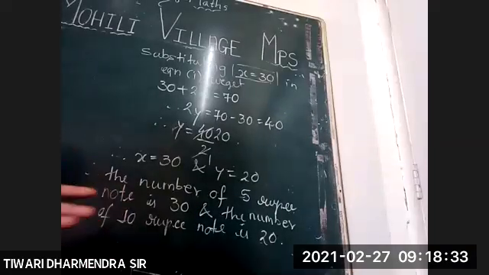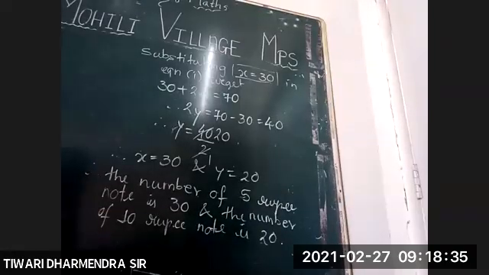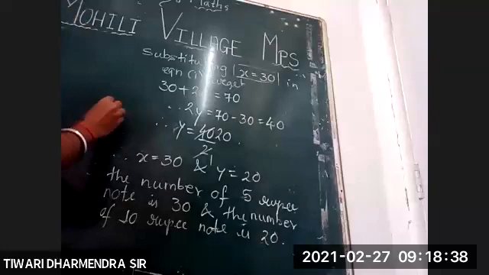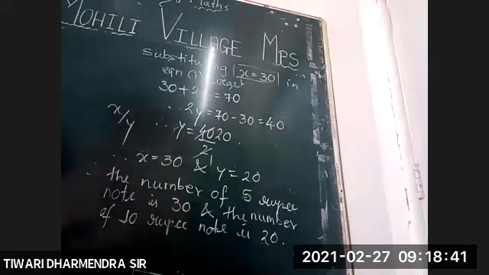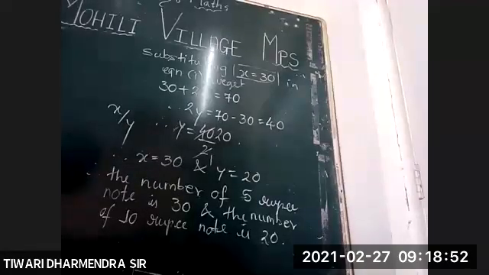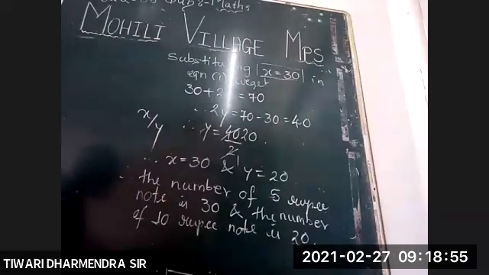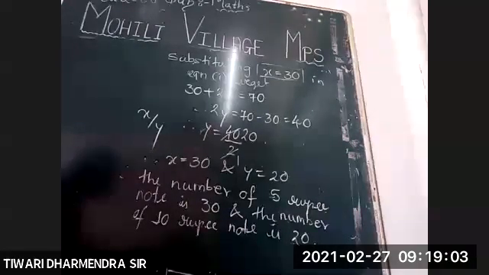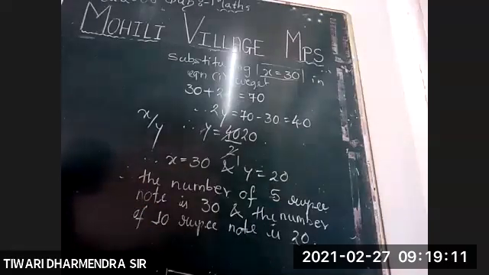Now, the next problem is based on numerator and denominator, which can be easily solved by you. You have to assume the required fraction to be x and y, and according to the given condition, you have to work on this. Similarly, the third problem you can see is very simple. That is the problem based on the sum of the ages of Priyanka and Deepika is 34 years. Priyanka is elder. We have done this type of problem. We have to assume Priyanka's age to be x and Deepika's age to be y, and then you have to execute the problem.